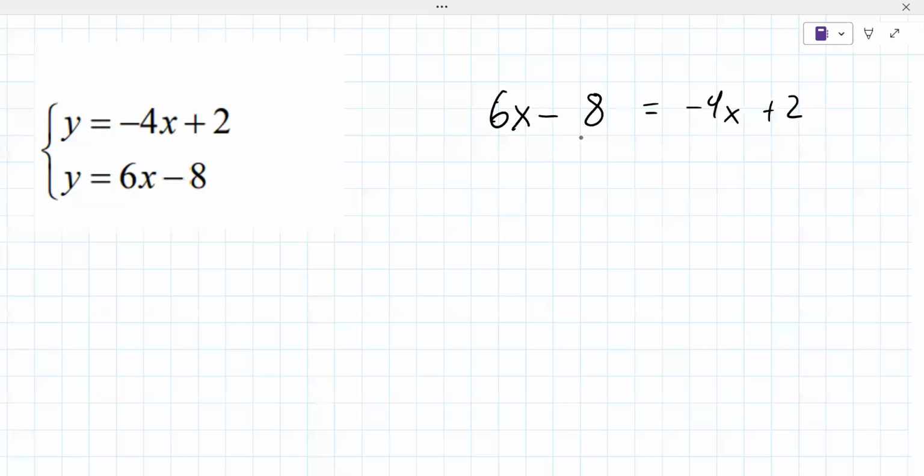And then subtract 2. So negative. Just a moment, please. x